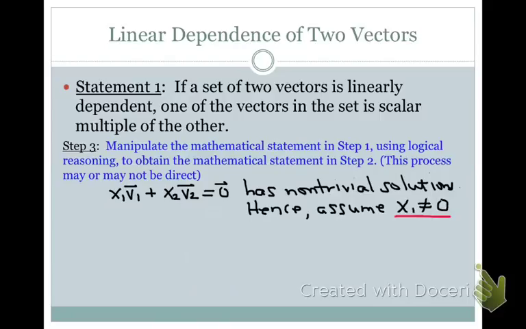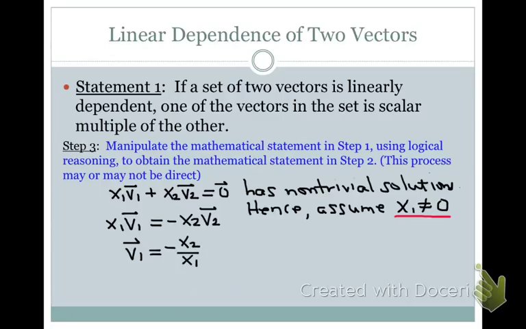Now remember, my goal is to get to the statement that v1 is some scalar multiple of v2. So what I'm going to do now is take this homogeneous equation and subtract x2 v2 from both sides of the equation. If I do that, I get the following. I get x1 v1 is equal to minus x2 v2. Now I can divide by x1 on both sides of the equation, which gives me that v1 is minus x2